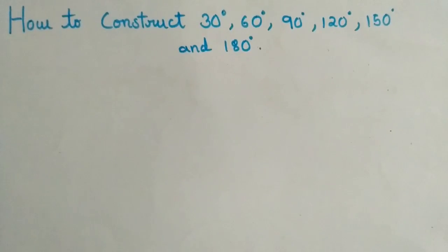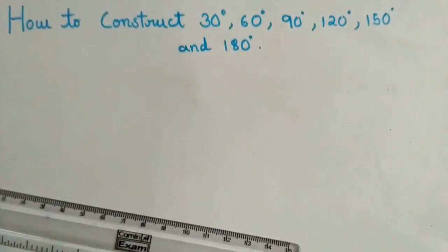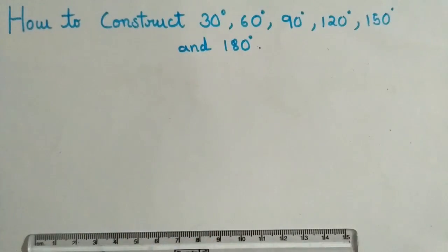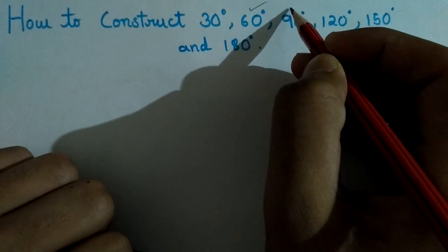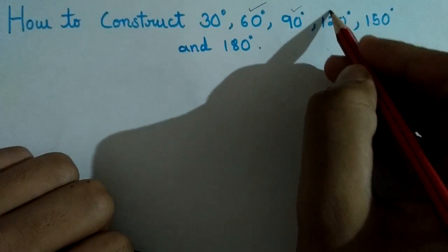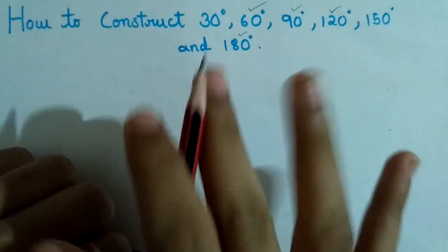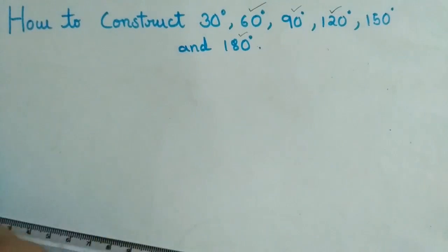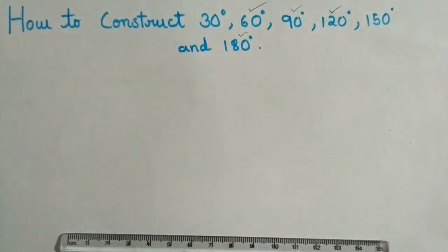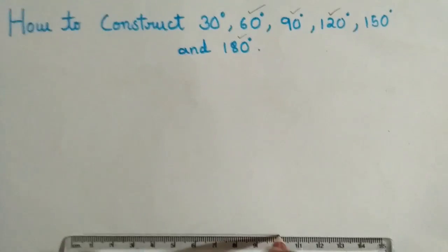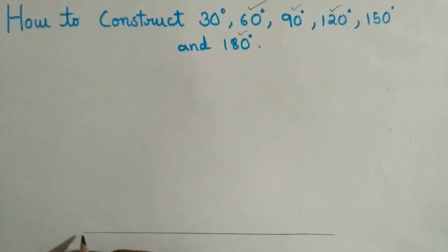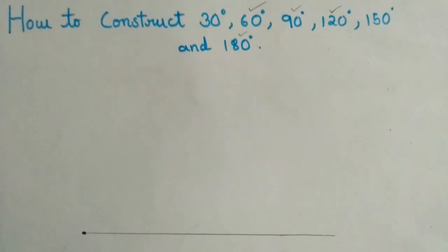I will tell you. To do the construction, first make your geometry equipment ready perfectly. So first I will tell you about 30 degree and 60 degree. The main basics are 60 degree, 90 degree, 120 degree and 180 degree. These are the basics. Out of these you can find any degrees. So now I will take one line, any line you can take here. Now this is a point. From this point I will first construct a 60 degree.